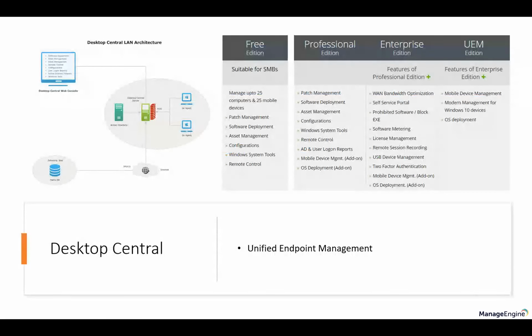So that being said, Desktop Central is available in 4 different editions, which is the UEM edition, which is the biggest edition of all. It has got all the features of the Enterprise Edition, plus mobile device management, which I'm going to talk about in the next slide. Mobile device management, modern management for Windows 10 devices, and OS deployment, whereas the Enterprise Edition has got self-service portal, WAN bandwidth optimization, prohibited software, software metering, license management, USB device management, and mobile device and OS deployment are available as add-ons. The Professional Edition is a cut-down version of Enterprise, and there's also a free edition which allows you